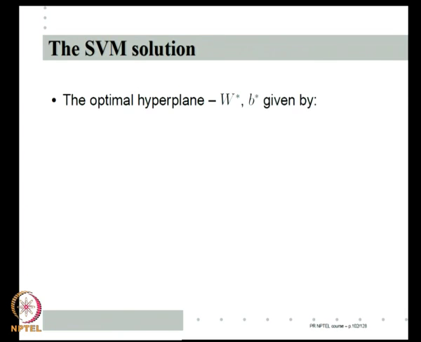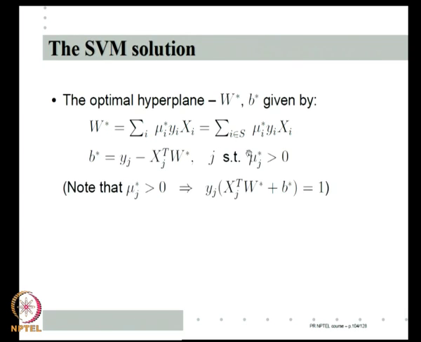The optimal hyperplane (w star, b star) is given by w star equals summation over i of mu_i y_i x_i, which is the same as the sum over i belonging to S of mu_i star y_i x_i, where S is the set of all indices i for which the corresponding Lagrange multipliers are strictly positive. And if I know all the Lagrange multipliers, I can also find b star, because the complementary slackness says: